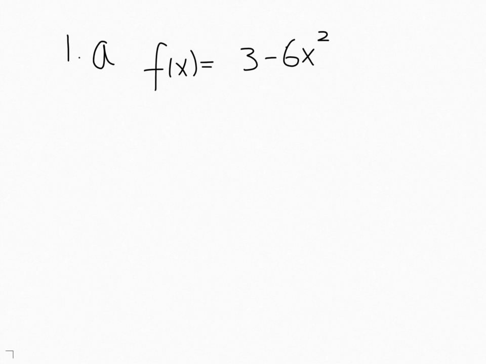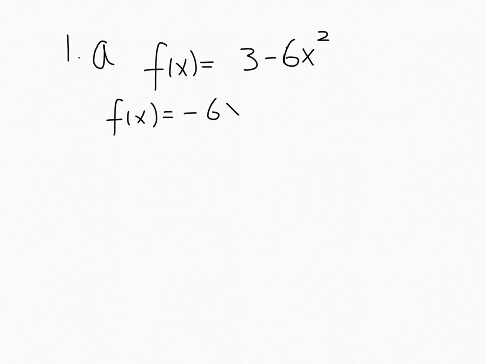Chapter 11 Review. Question number 1. You are asked to find the derivatives of the given functions. A. F of x equals 3 minus 6x squared. So I'm going to use the derivative rules, and in particular,